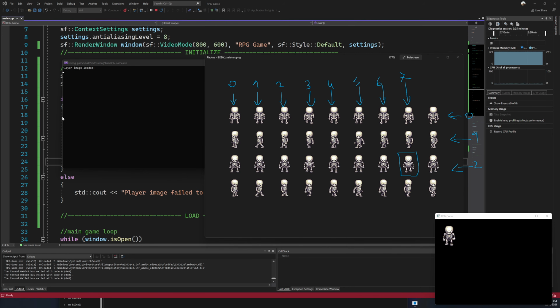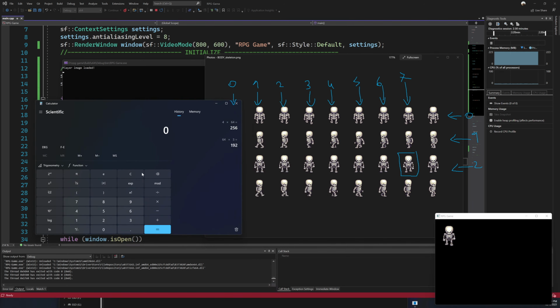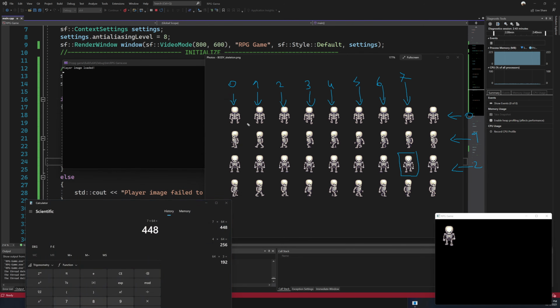Okay? So if I do, and I hope my math is not wrong, 7 multiplied by 64, that means this position is at 448. Well, let's see if I'm correct. 448. 64 plus 64 plus 64 plus 64 plus 64 plus 64 plus 64.